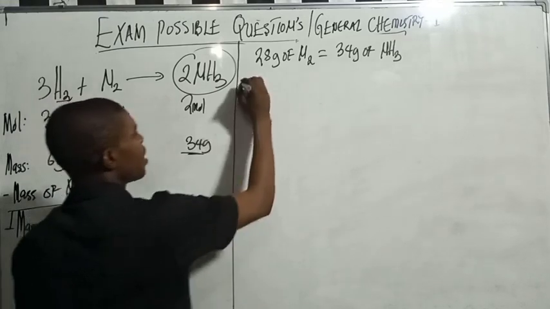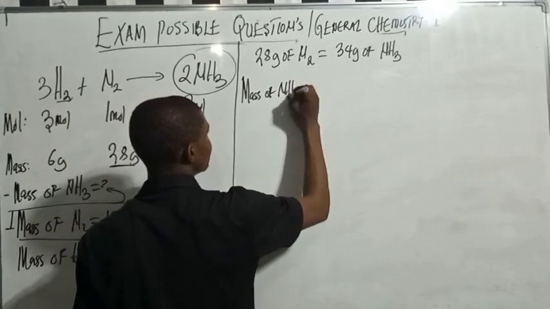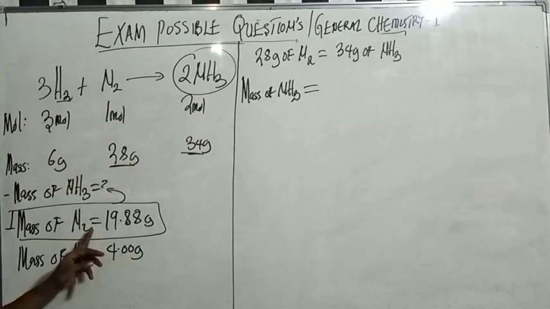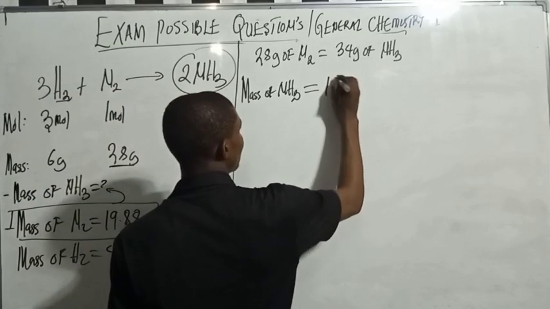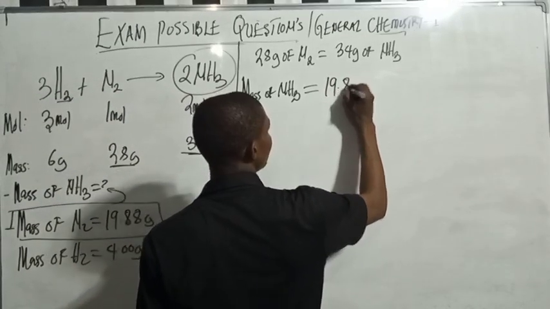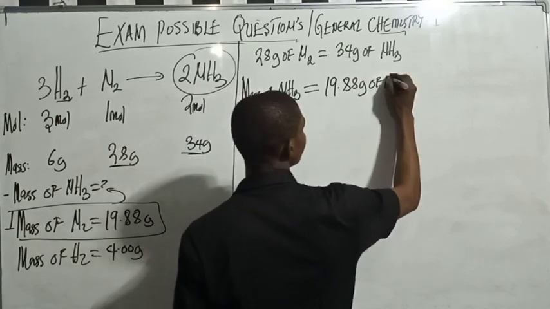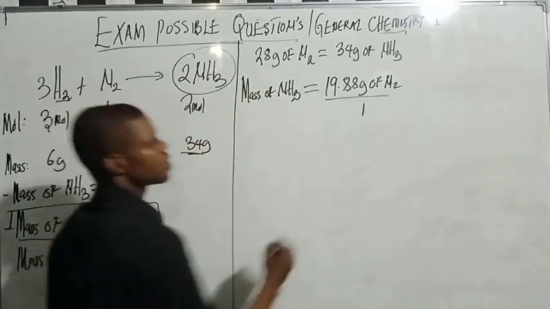So the mass of NH3 is equal to what? Now, what is the mass of N2? The mass of N2 is 19.88 gram of N2 over 1. Can you see that? Times